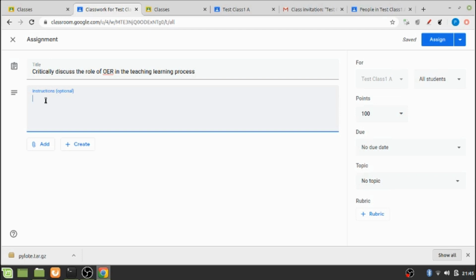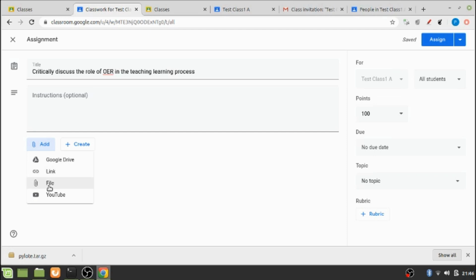I can write anything, and if I wish to, I can add this assignment. If it is already stored in my Google Drive, I can go to my Google Drive and select that file. I can just paste a link of anything that I have already created, or it is already available in any way.